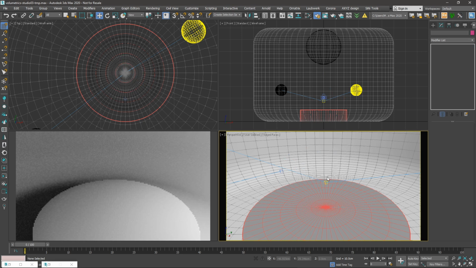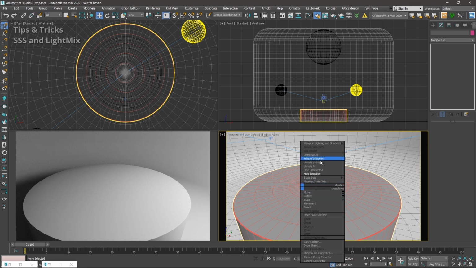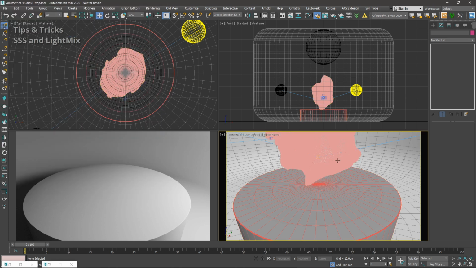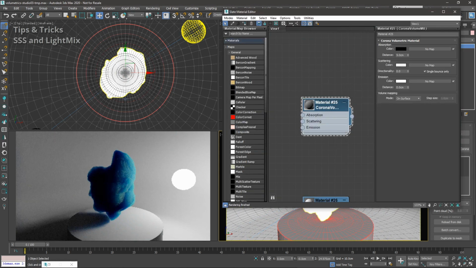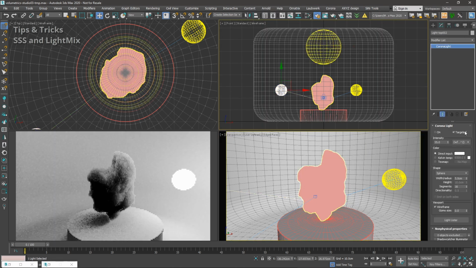Okay, now another thing worth mentioning with volumetrics is that LightMix works perfectly fine with them. So let's just unhide anything, maybe this guy with broken head. Okay, and let's give him maybe this cloud material, because we will then nicely see how LightMix is affecting this. So okay, or maybe we can even make it lower. Something like this, and let's enable our lights that we have here,